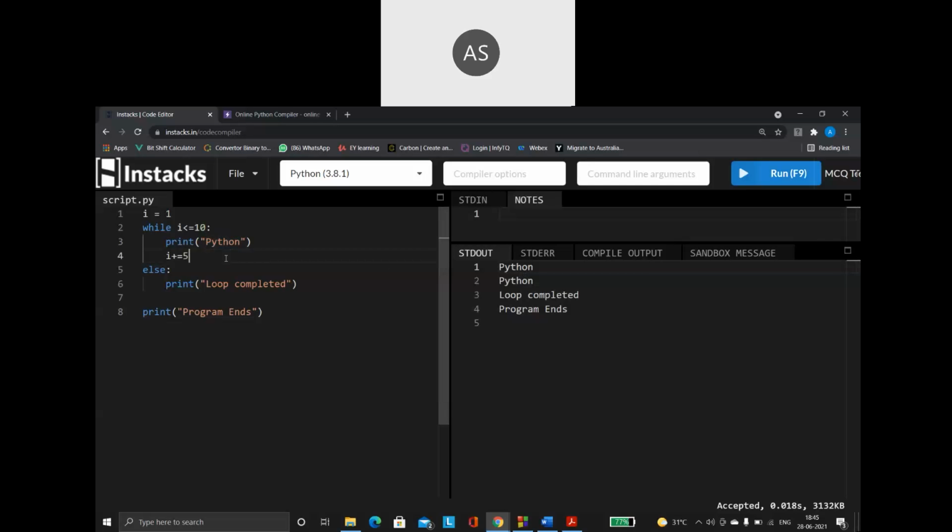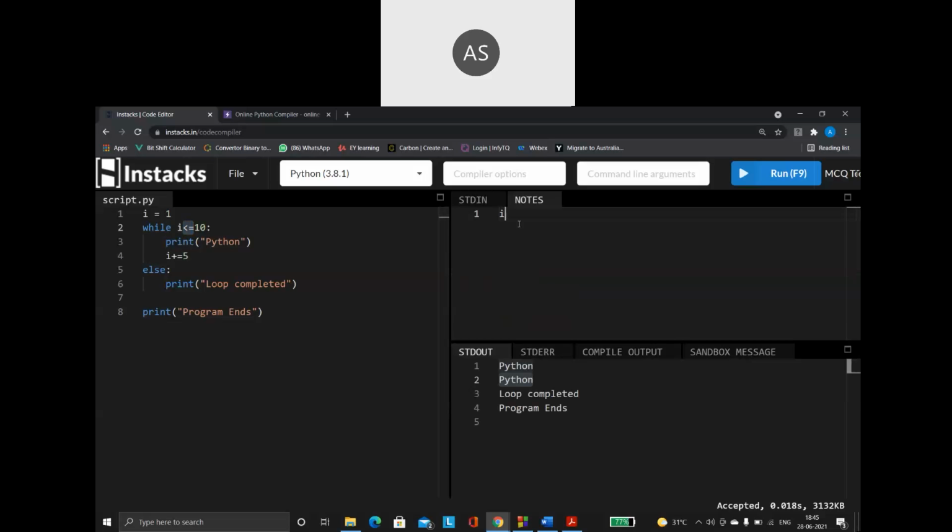So it is going to execute. Now when the I value goes beyond 10, what is going to happen? The condition is going to become false. So what are the things? First time, the starting I value is 1. So the condition is true, and it is going to print. So the first time printing is done.